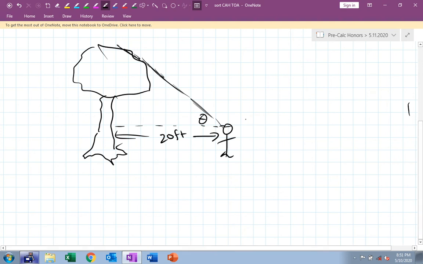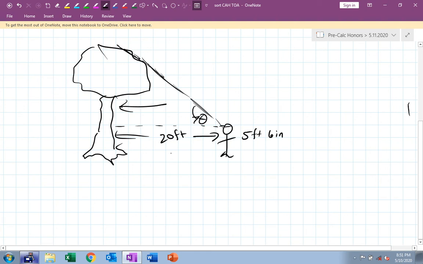So I can say, well, I'm 5 foot, 6 inches. And again, this would be ballparking. So I could ballpark and round up to 6 feet and say I'm 6 feet tall too. But that'd be a lie. But what I would do is I would use the tangent. And I would know the tangent of that angle is going to be the height of my tree